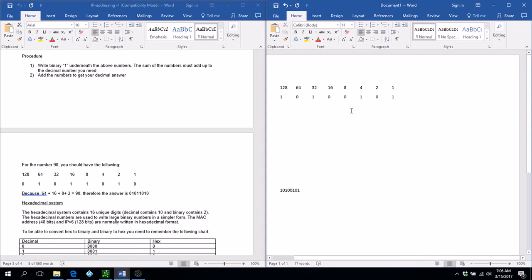Once you place them under the numbers, to convert the binary to decimal, all you have to do is wherever you see a 1, you add the numbers on the top. So I see a 1 right here. It's 128 plus 32 plus 4 plus 1. 128 plus 32 is 160. 160 and 4 is 164, plus 1 is 165. So this one right here converts to 165. That's it. If you have all ones, 1, 1, 1, 1, 1, 1, 1, 1, this comes out to be